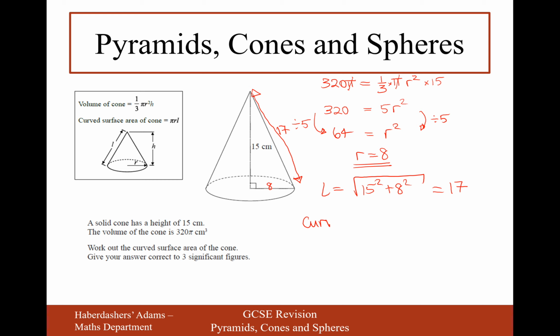So curved surface area is going to be equal to pi RL, so it's going to be pi times the radius, which is 8, times the length of the diagonal, which is 17, and let's multiply 8 and 17 together, 136 pi,